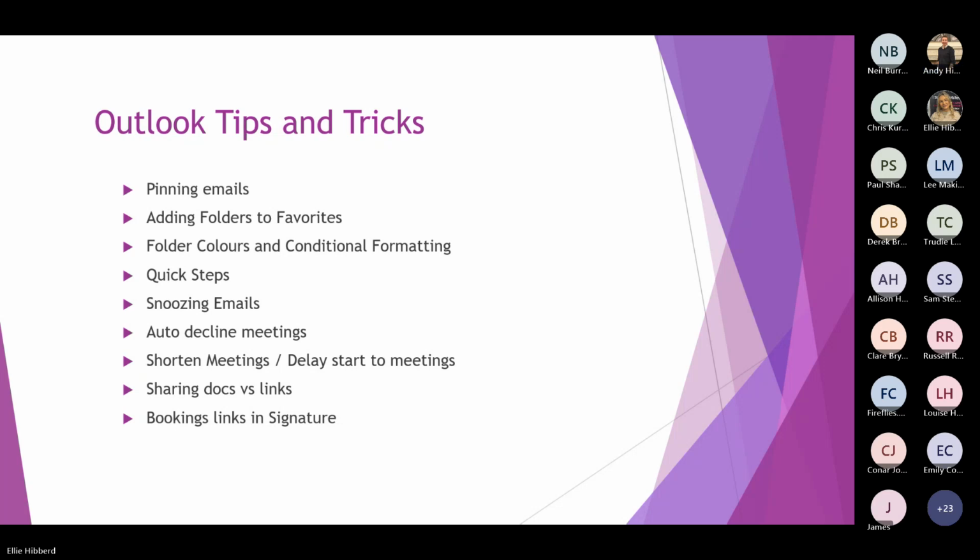Next one. A lot of people still share documents rather than share links. And I think this is quite important for a number of reasons. Number one, you share a document, you've then lost control over that document pretty much. There are ways to tighten up controls, obviously, with things called Azure Information Protection, and we'll come on to that on a future webinar. But without that in place, by sharing a link, you know that you've got full control